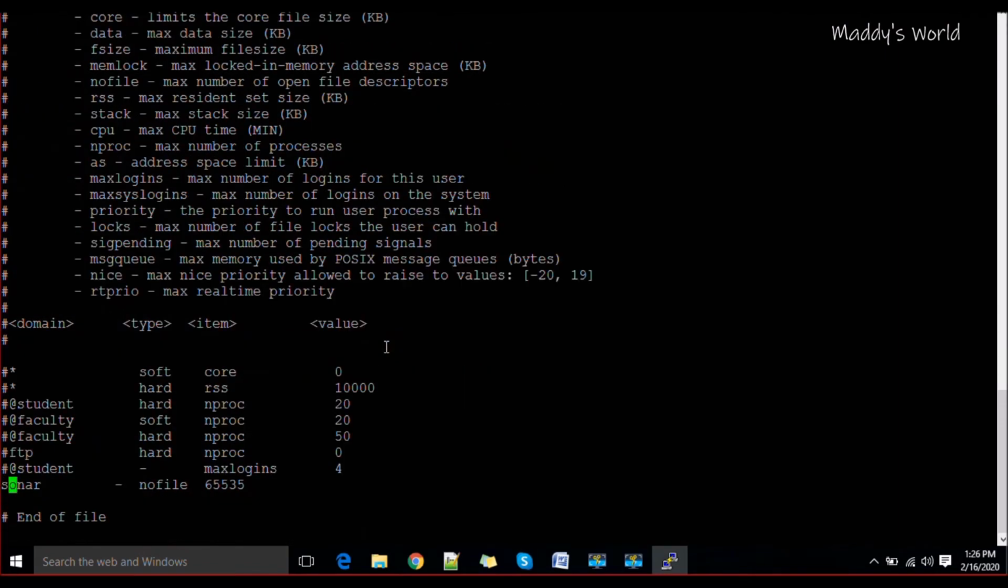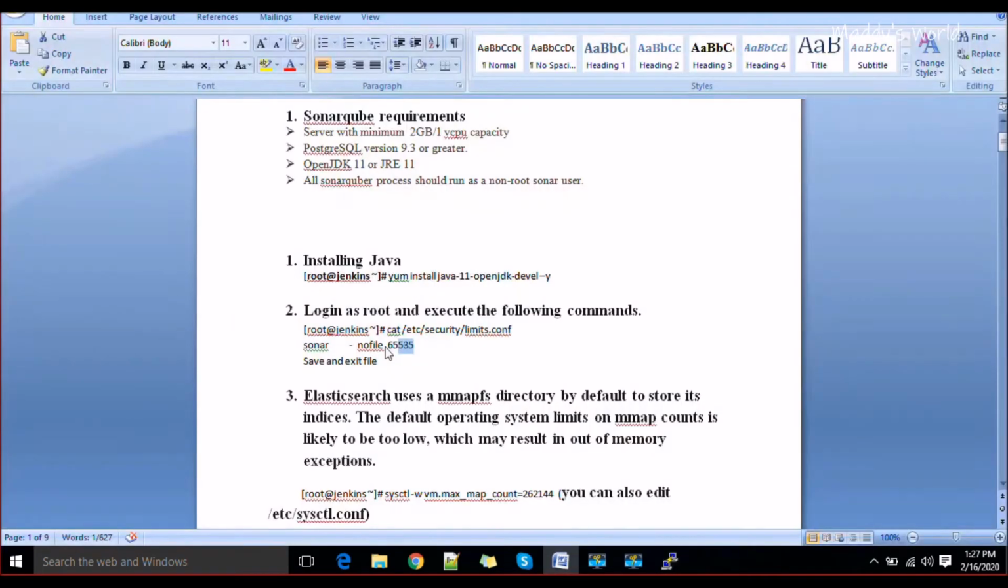Sonar is the user, and then nofile, and give the number of files here. So I'm giving 65,535. Once you are done with this, you need to perform one more step,